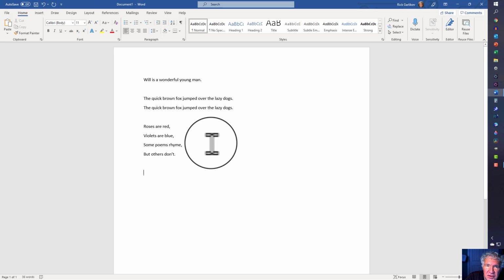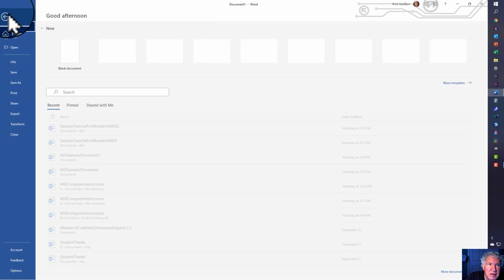Anyway, now what you need to do is to be able to save it so that you can have it at any time. You could also print it, and your parents will have to show you how to do that on their setup, but you want to save it. So you go up here and you either click on this thing that looks like an old-timey disk for saving stuff on, or you go into File, Save,